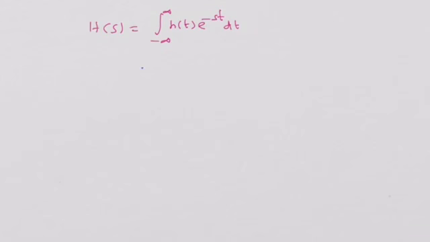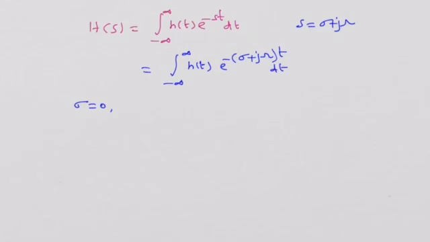So we know S is equal to sigma plus j omega. Let us evaluate for the sigma is equal to 0 condition. So H of S will become